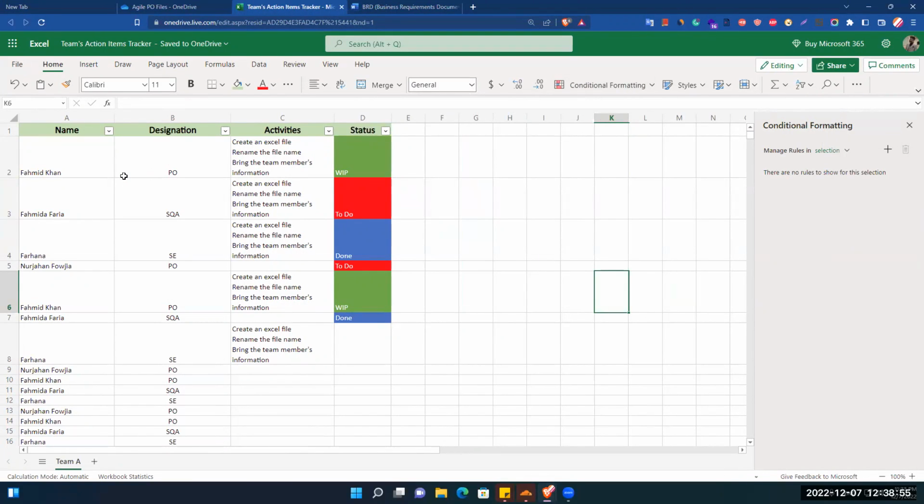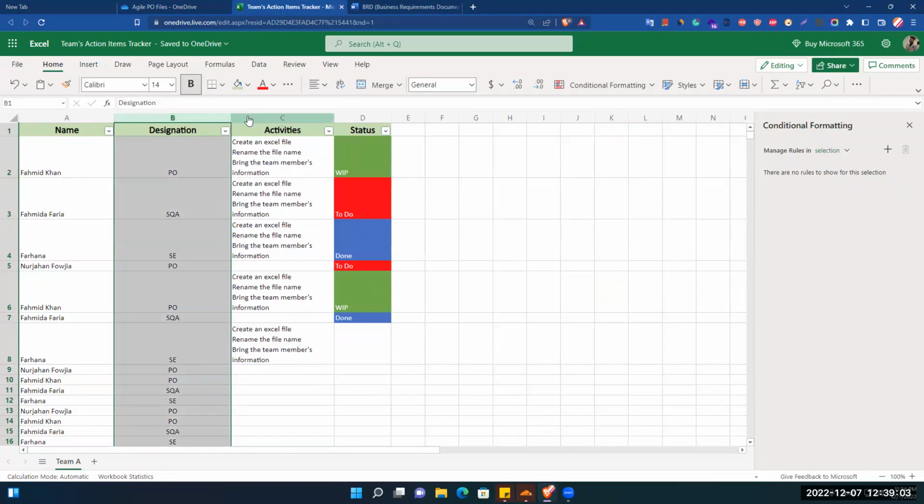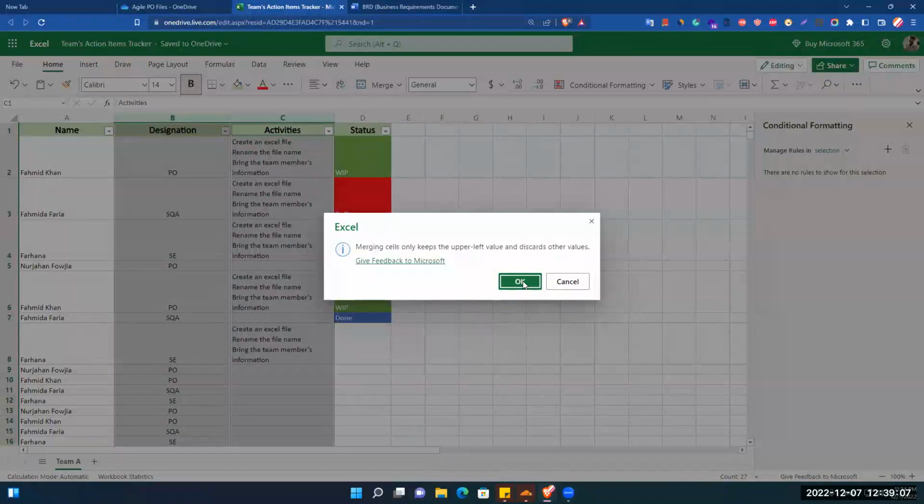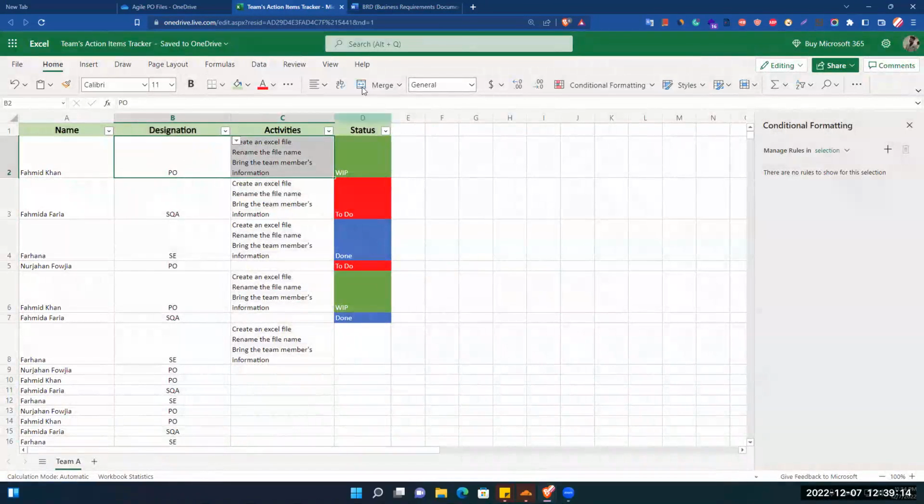And also, if we want to merge one column with another column, we can do this. Just select this and click on the merge. Merge cells, only keep the upper left value and discard the other values. Okay, I think we can merge only the cell. Yeah, see, so it just merged the cell. Basically we do this thing like here,